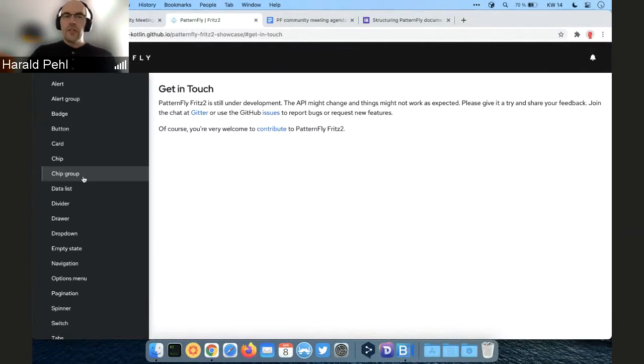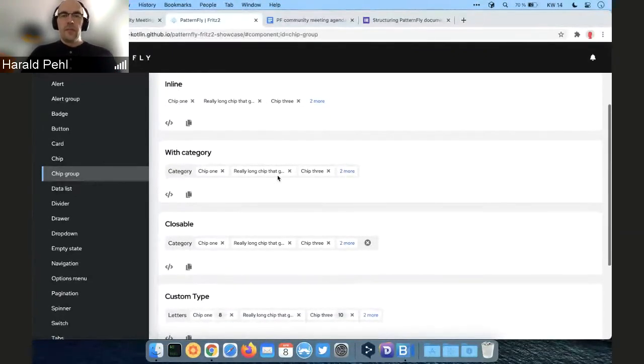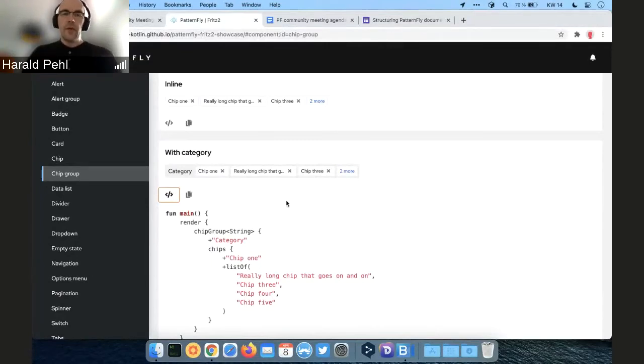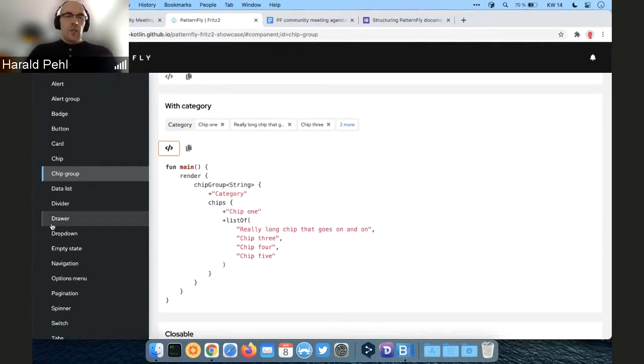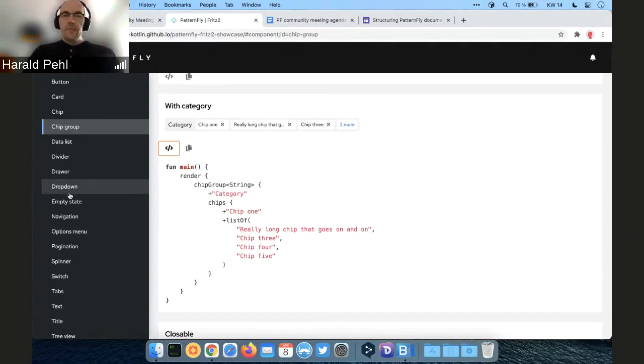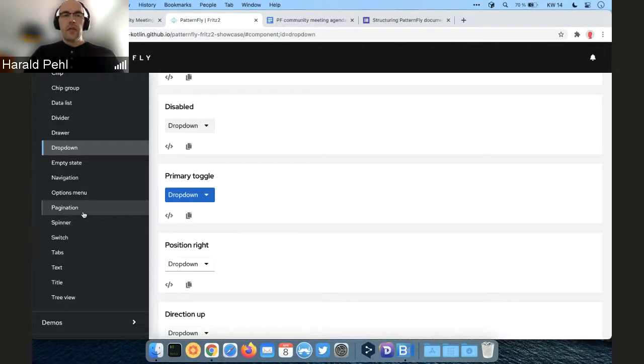We can take a look, for instance, at the chip group, which you just saw in the example. So here you see some examples of chip groups, and for each demo, there's also a code snippet which shows you how this is implemented in PatternFly Fritz 2. So yes, feel free to visit the page in the showcase and to take a look around.